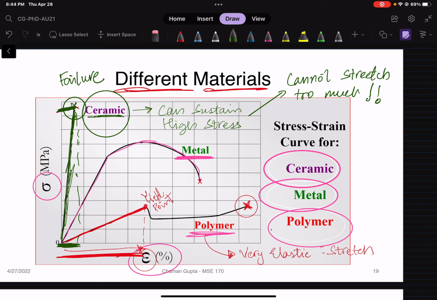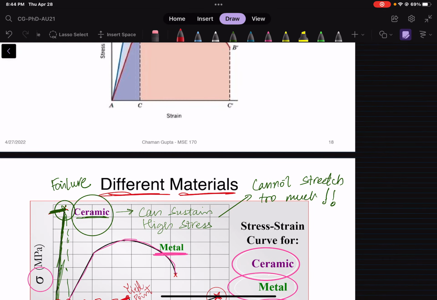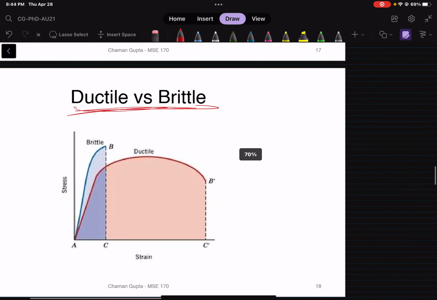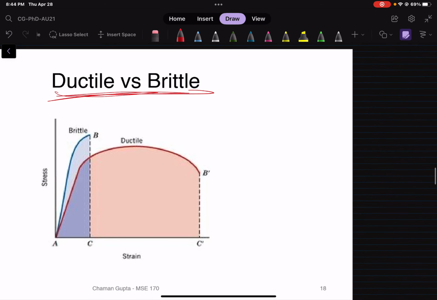they will break very quick in terms of the length, whereas polymers can stretch a lot. Polymers can stretch and sustain all this extension, but they cannot sustain a lot of stress. And this is how you can define, or bring up, the concept of ductility and brittle nature of a material. A material that is brittle is basically